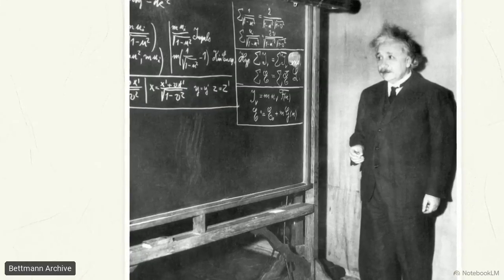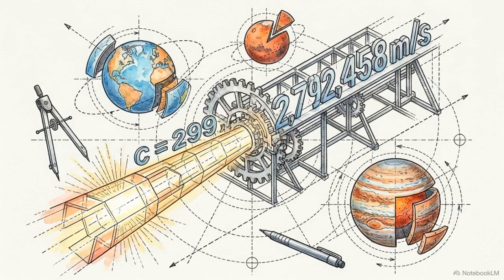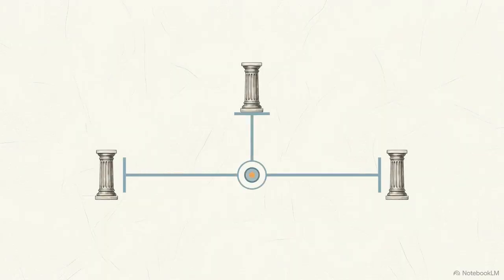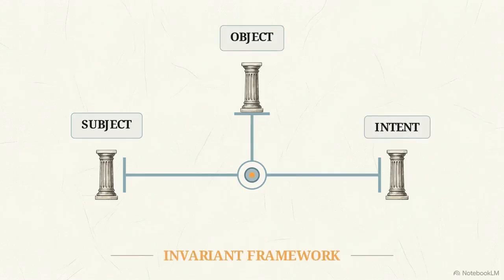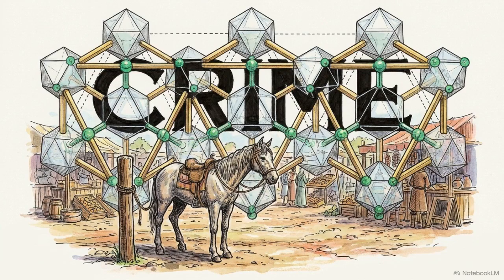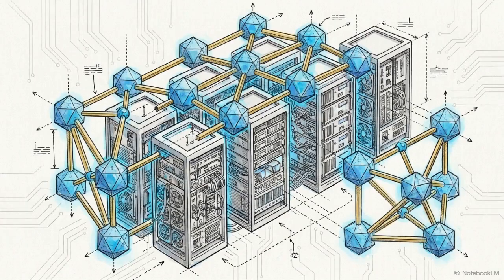Galperin argued that we must stop teaching brittle, highly specific algorithms meant to solve existing problems. Instead, we have to teach the underlying invariant properties of a discipline. An invariant is the unchangeable core truth or structural logic of an object, a principle that remains absolute regardless of how chaotic the surrounding system becomes.